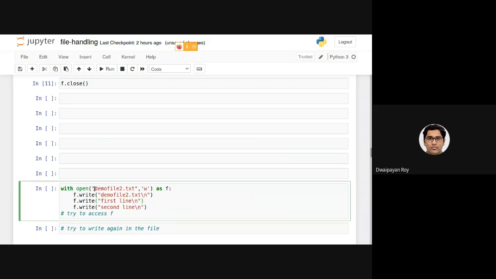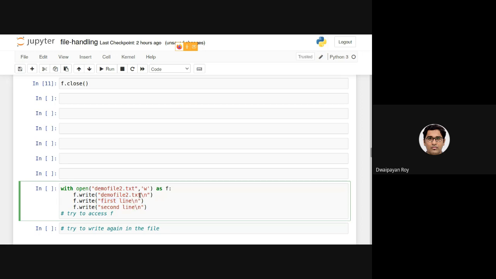I am opening this file for writing. f is the object, f.write. I am writing 3 lines: first line demo file 2.txt, then new line, then first line \n, then second line \n. Okay, so altogether there are 3 lines.